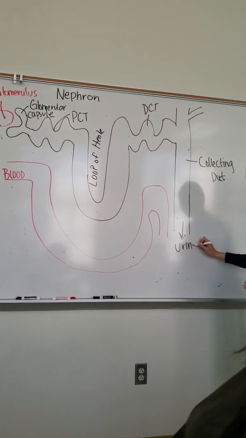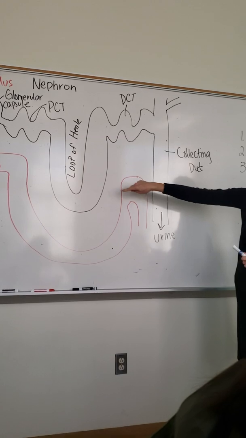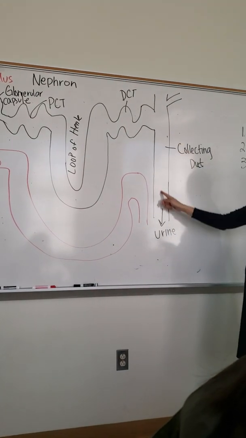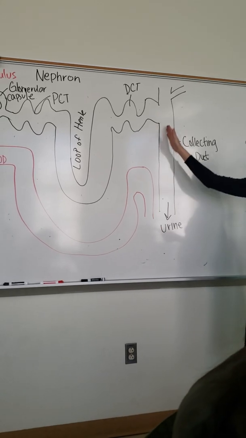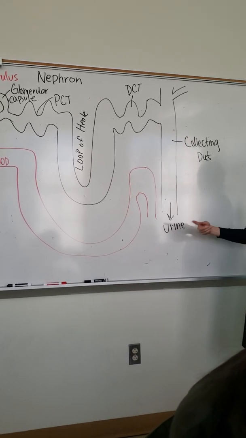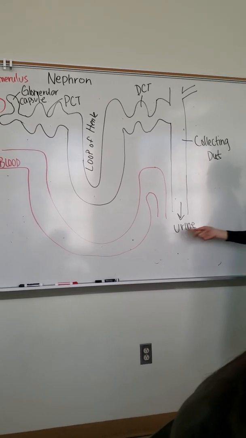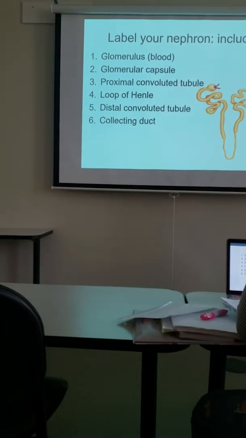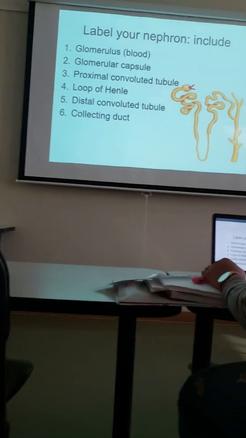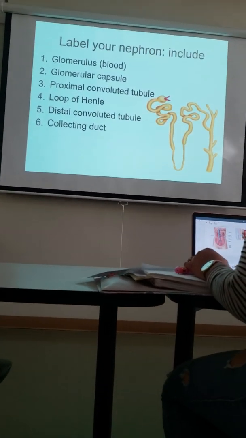So in other words, whatever ends up in my tubule is going to be excreted as urine. So keep that in mind. Whatever comes down my collecting duct, at the end of my collecting duct, that's going to be your urine. Okay, good. So we're going to start off with that quick anatomy review. So the goal is to get my waste into my tubules because that's going to be urinated